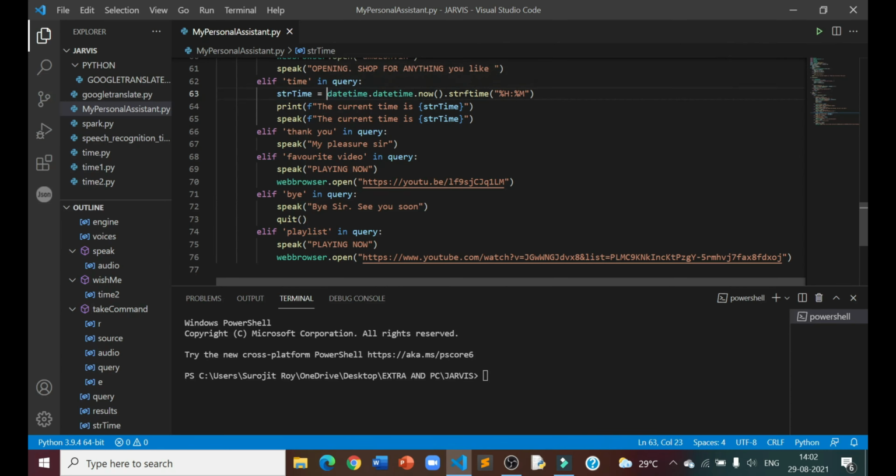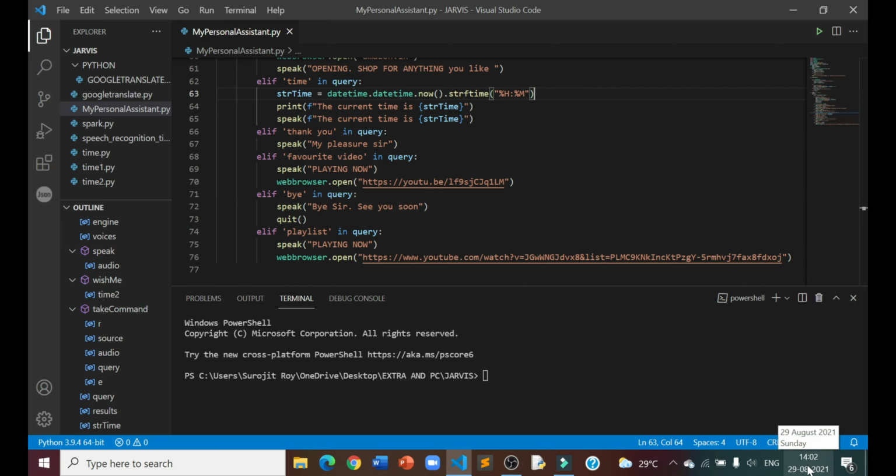So the string is equal to datetime.datetime.now, then within brackets nothing, .strftime, and it will give %H means hour and %M means minutes. So I can extend the code further if I want it in seconds also, but I want it in only hours and minutes. So the current time is now 2:02, which means 2 o'clock in the afternoon. So it should say the current time is 14:02 and then it should print the current time is 14:02.